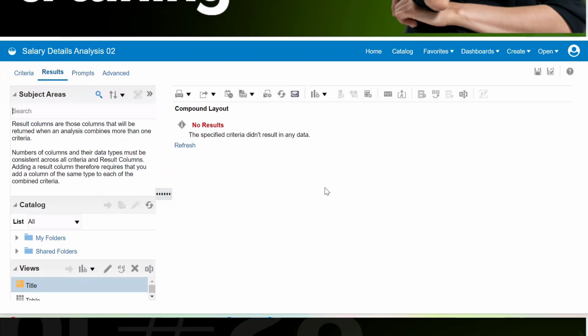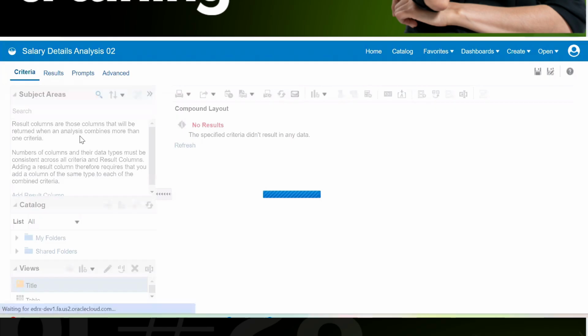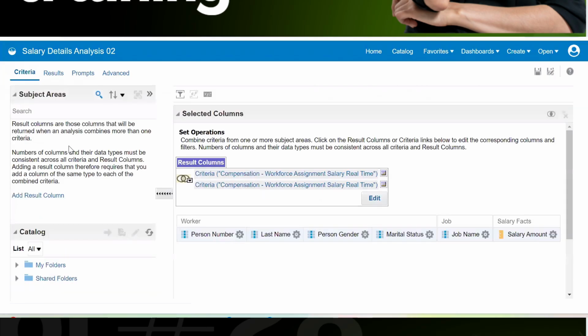Yes. So that's how you can add multiple subject areas, and multiple subject areas can be used in two ways. Once as a normal thing, and the other is adding different subject areas using set operators. So how to use set operators? By clicking on this toggle button, the UI will change. It will prompt you to select a subject area.